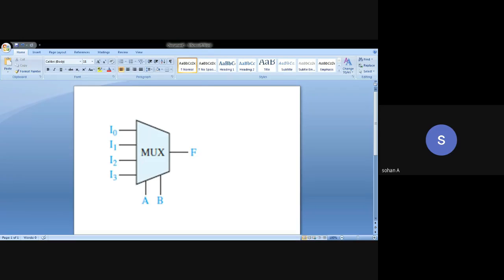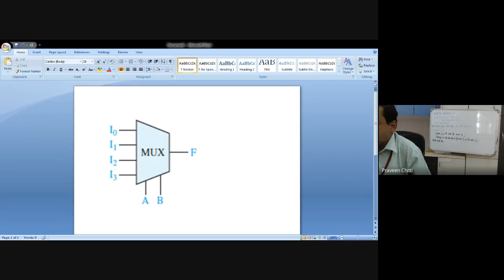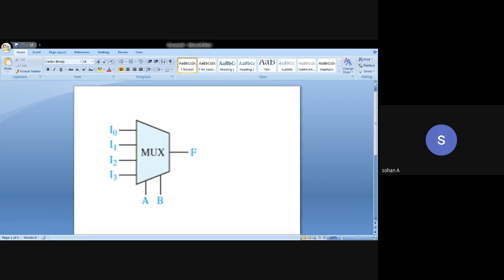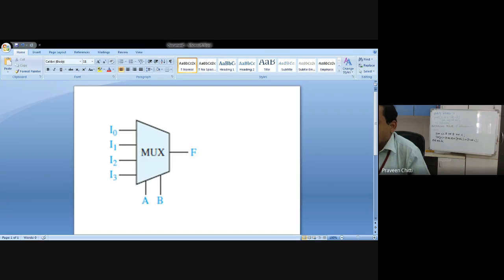I0, I1, I2, I3. Okay, you write I0, comma I1. Don't write it as a suffix because it is an identifier name. You know that you can't write it like that. You can write I0, comma I1, comma I2, comma I3, comma A, comma B. Why am I including all? Because all these six are